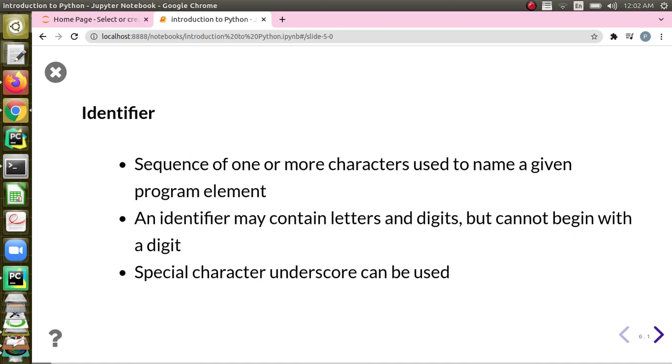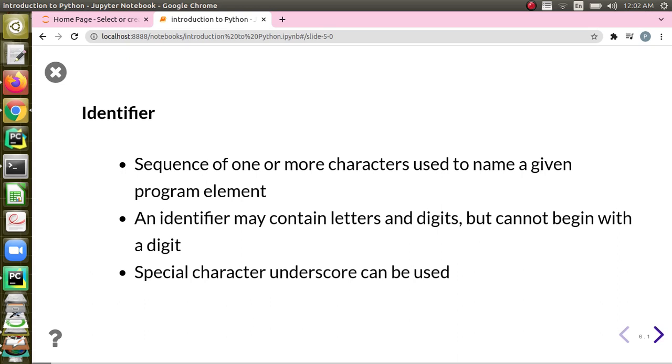Basically, identifiers are like the names we have for people in this world. How am I getting identified? By my name. Similarly, when you consider the elements of the program, let it be a variable name or a function name or a class name, they are called identifiers.